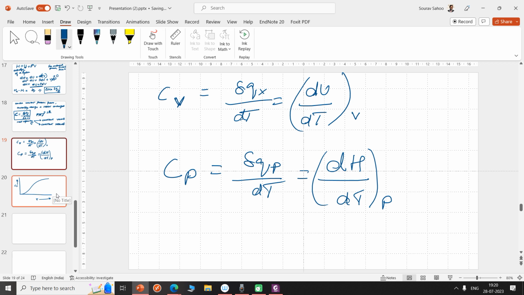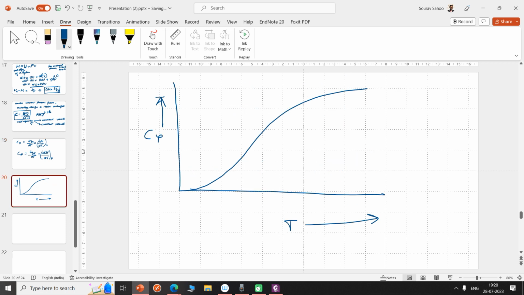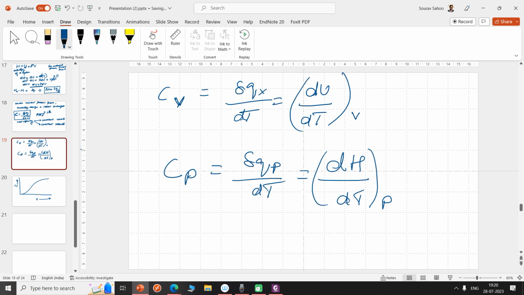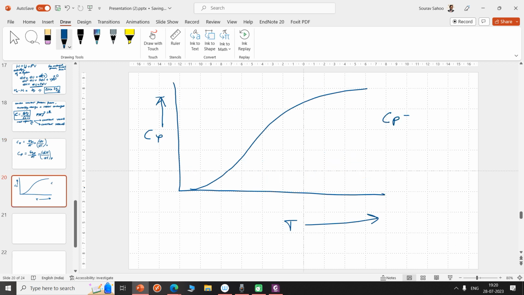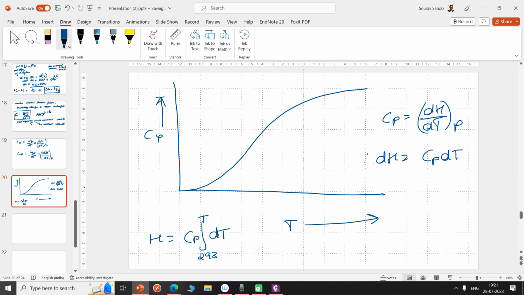And so if I just take dT to this side, since Cp is equal to dH by dT at constant pressure, therefore dH is equal to Cp dT, or H is equal to the integral of Cp, which is constant, so outside, dT from 298 to T. And here why 298 is, maybe I can just do it stepwise. So if I just integrate both sides, I'll be having